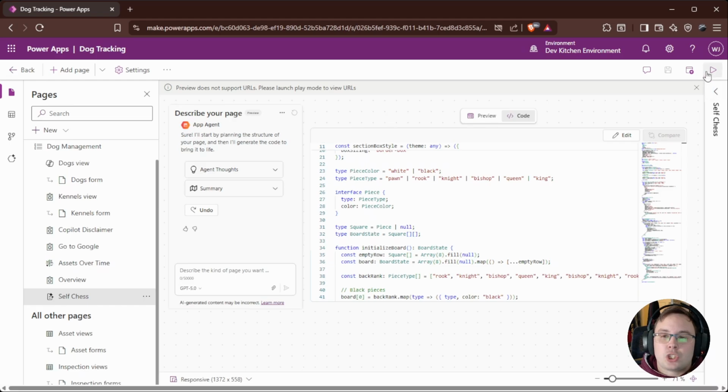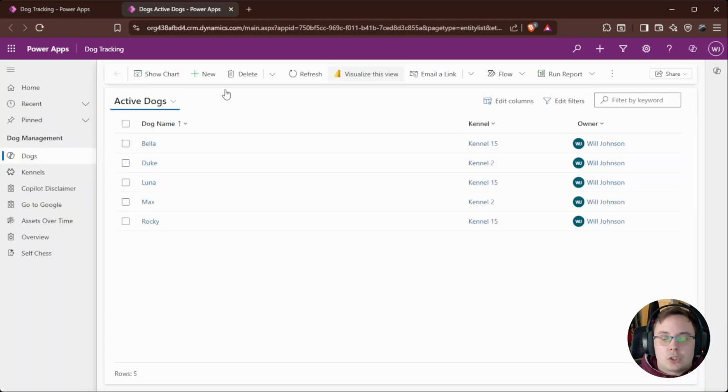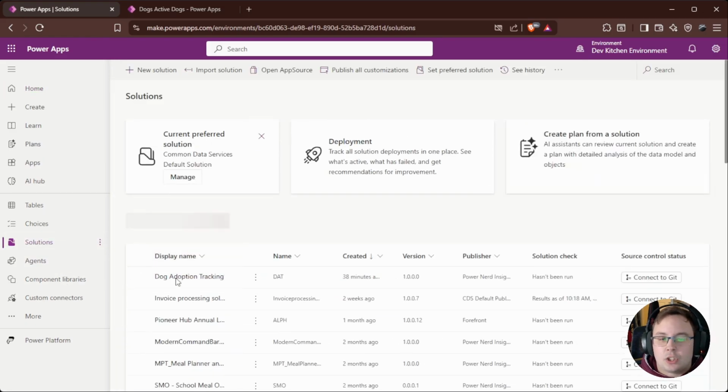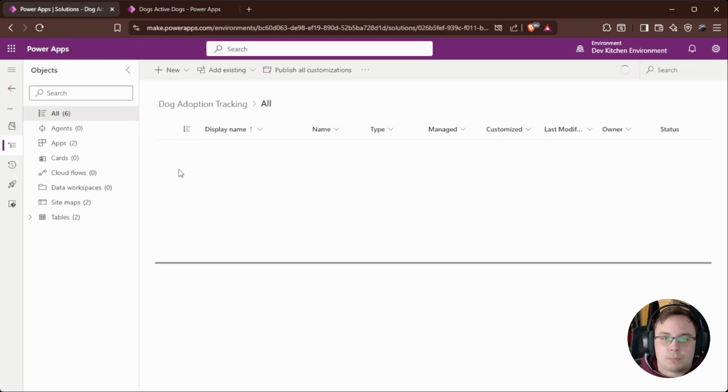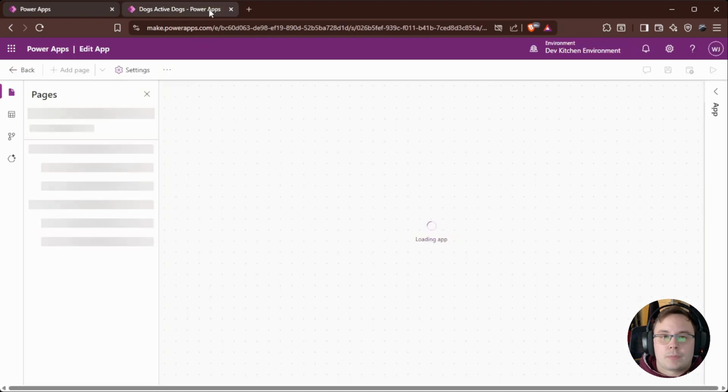Now, I mentioned the design of model-driven apps all being relatively similar. So this here is the model-driven app that we've just created. We can see that we've got a menu bar up at the top when users use it, a set of data there, navigation down the left-hand side, and bits around recent and pinned. Now, when we looked at my solution previously, I had another app that I'd very quickly just put together, nothing too special here, called dog adoption tracking. If I were to edit that,